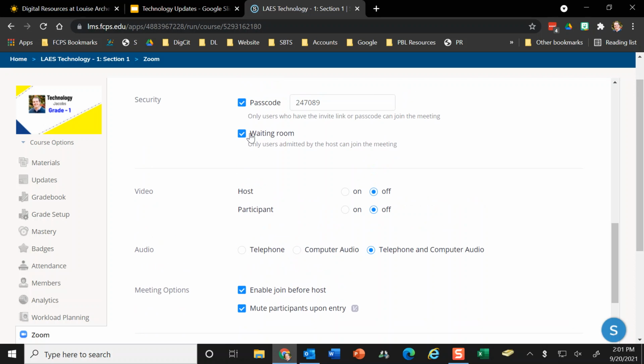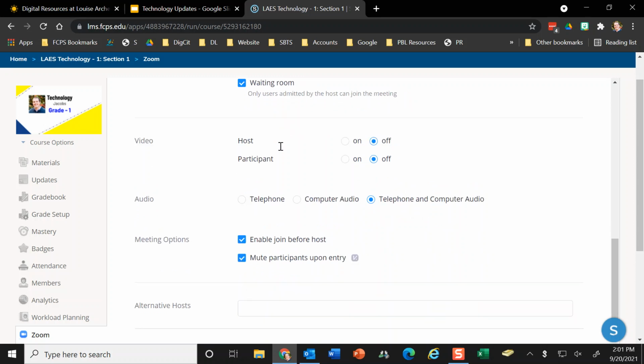You'll just need to remember to admit your users from the waiting room, and hopefully there will only be a couple, but when you log in, you will see that students are added to the waiting room, and then you can let them into the classroom session. Enable join before host. This is something that you will want to toggle off. Just if you're not in there, then you don't want the students in there. And even if they're in the waiting room, they won't be able to interact with anybody, but we want to make sure that there's a teacher with the student if they're going to be sitting